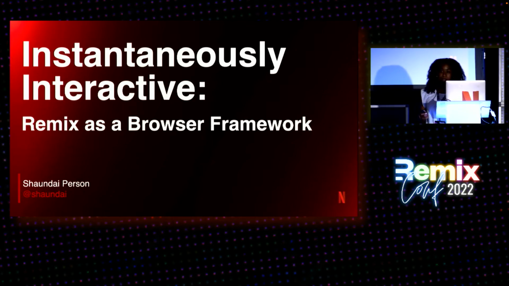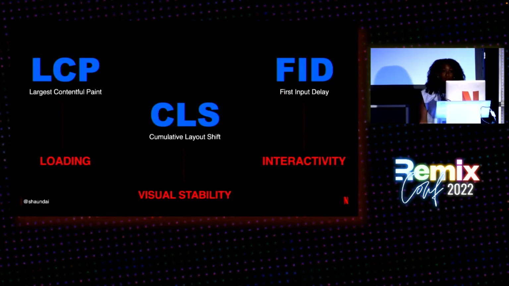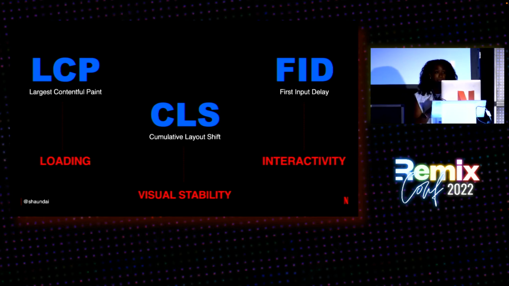I'll be talking about interactivity today. When we talk about a performant app, what we mean is an app that users can see and interact with as quickly as possible. And performance metrics measure essentially this. Let's take Google's performance metrics, for example. They measure when a user comes to your page, how quickly can they see what they expected to see and do what they expected to get done. Remix